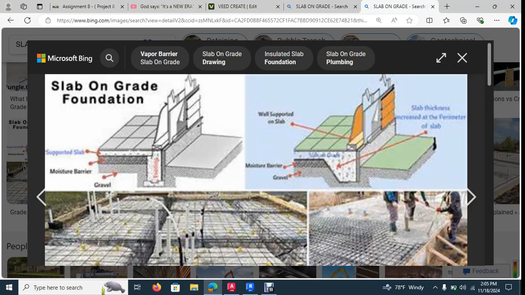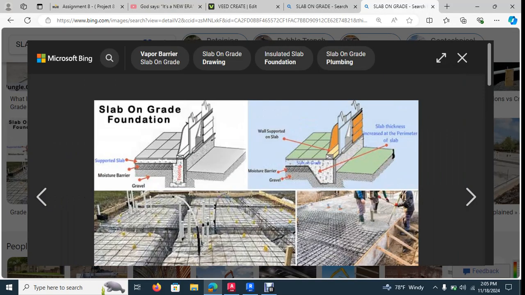Here's a good one. So as you can see in this corner right here, these little trenches are called grade beams, okay? So at the edge of your building, you'll have a grade beam. See over here, this is a grade beam. That's the same thing that's right here, okay? So you'll have this portion that's going 1'6" deep into the ground, and this is where your exterior walls will